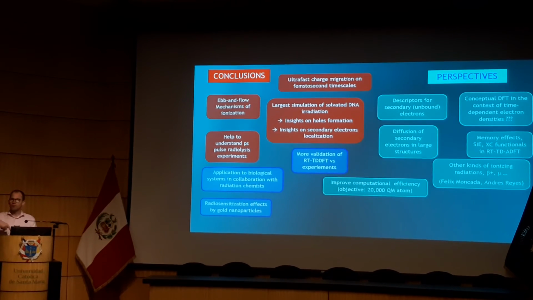I started to talk about polarization of the density when we have the collision and flow of electrons between the different fragments. And of course, after this week, we heard about conceptual DFT and some of the tools of conceptual DFT. In fact, I have been thinking about that for a couple of months now, and I wonder how these tools that are based on the stationary density, how we can adapt. Can we do something to go to the time-dependent domain? And I think it could be very useful to interpret the simulation.